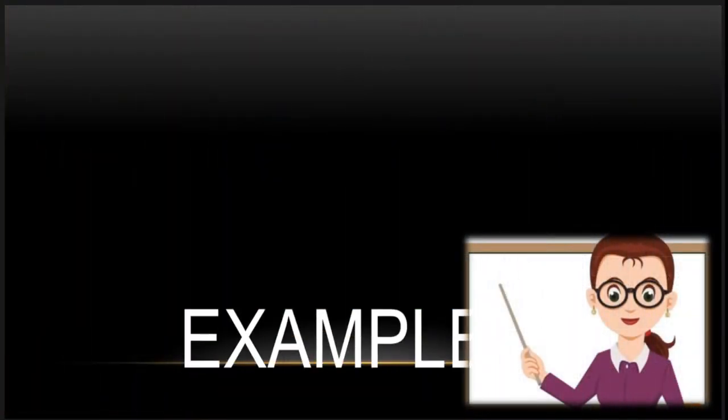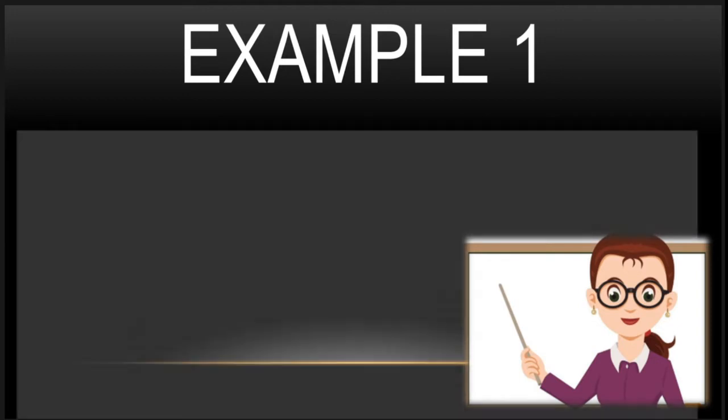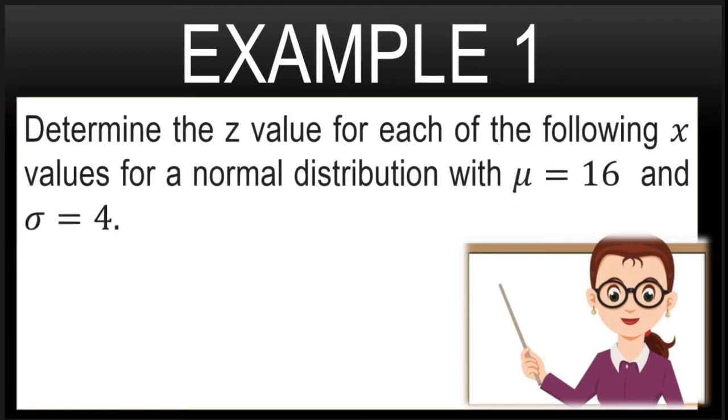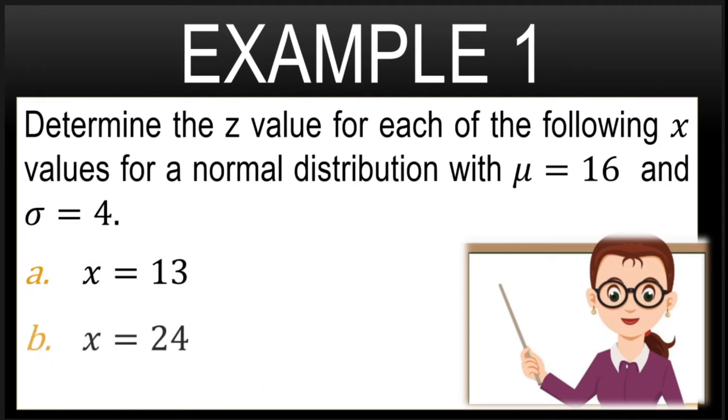So let's have an example. For example number 1, we need to determine the z-value from each of the following x values from a normal distribution with a mean of 16 and standard deviation of 4. The values of our scores are 13, 24, and 16. So starting to use the formula, we have